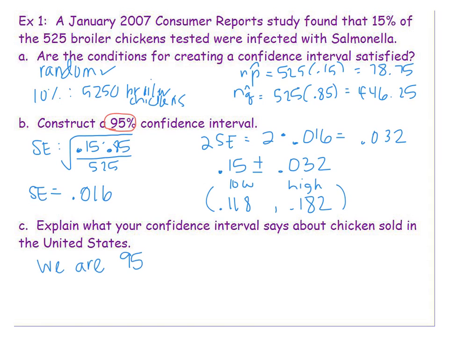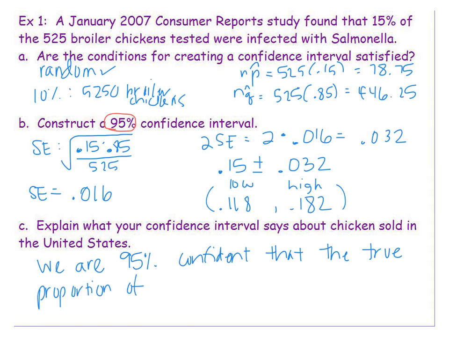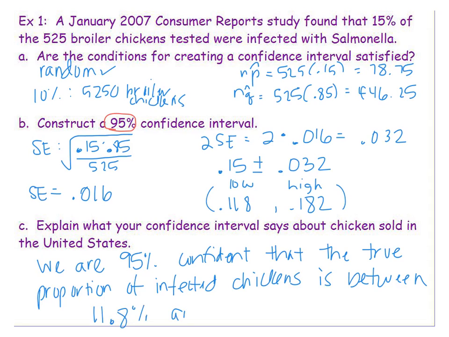So in this case, 95% confident that the true proportion of, in this case, infected chickens is between, so we set our percentage, we mentioned the true proportion, and then the infected chickens, and now we're going to use our percentages from our interval, is between 11.8% and